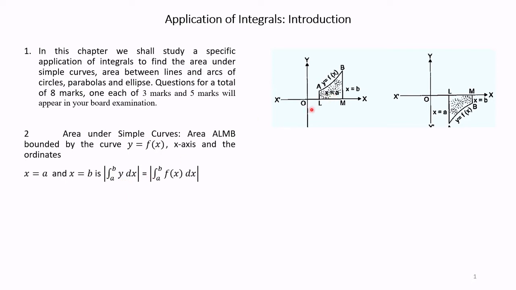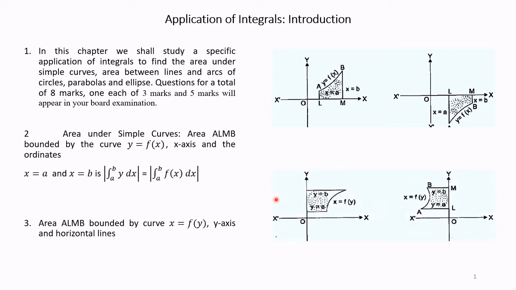This function y equals f(x) is a function at the point L, x equals a, and at the point M, x equals b. Hence, the total area under the curve y equals f(x) is given by the integral from a to b of y dx under modulus. Similarly,